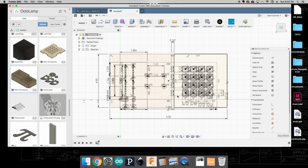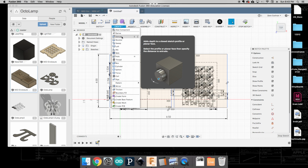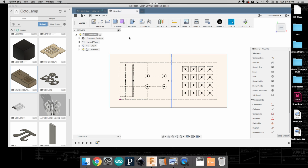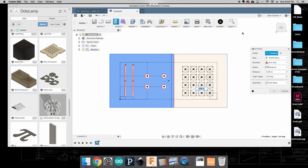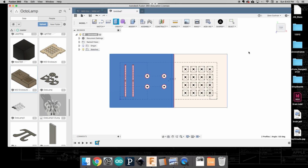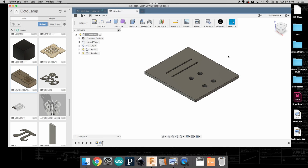All right, so now let's talk about how to actually turn this into a real faceplate. So we're going to do an extrusion. We're going to come up to Create and click Extrude. You could also just click E for one of the quick keys. We're going to extrude both of these surfaces up 5 millimeters. When we do that, we're going to get this piece, which is kind of the one part of our